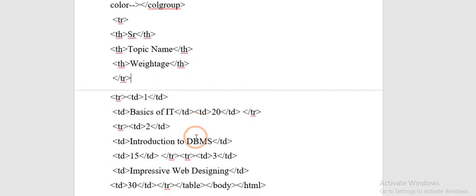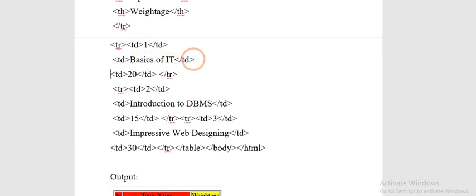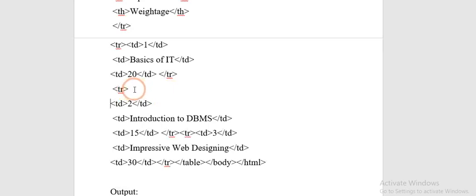The next is for inserting the data in the table. For creating the next row, again you will use the tr tag. Then your first data entry, that is the first data, will be 1. The topic name will be basics of IT, with the weightage of that chapter as 20. So in this way, this is the entry for the first row. Once we have completed giving the 3 values to your data, then the tr tag, which is open over here, gets closed by using /tr. Next, we will create the next row. So again, we will be using the tr tag. Next, inserting values, the same process, td value /td.